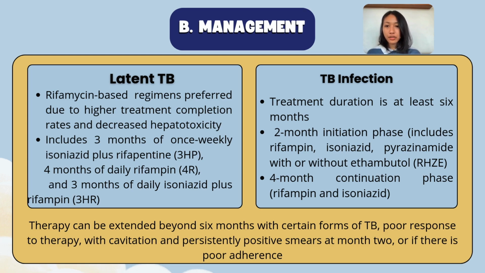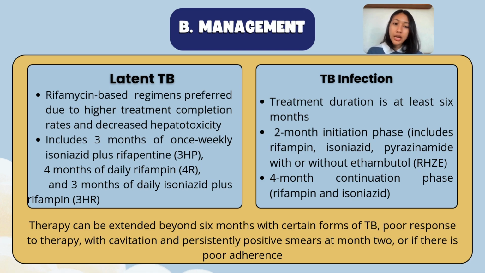For latent tuberculosis, rifampicin-based regimens are preferred due to higher treatment completion rates and decreased hepatotoxicity. It includes 3 months of once weekly isoniazid plus rifampicin, 4 months of daily rifampicin, and 3 months of daily isoniazid plus rifampicin. And for tuberculosis disease, the treatment lasts at least 6 months, using a 2 month initiation phase